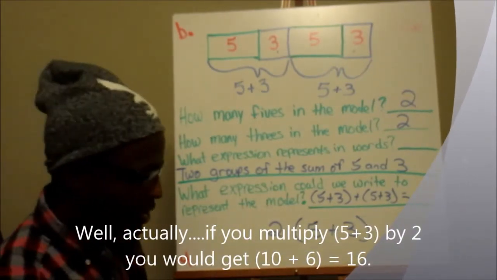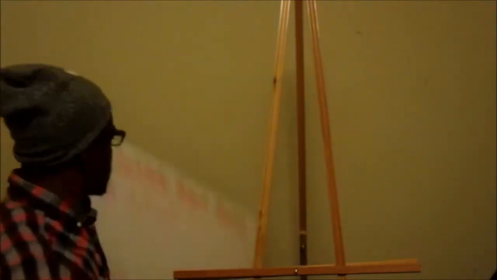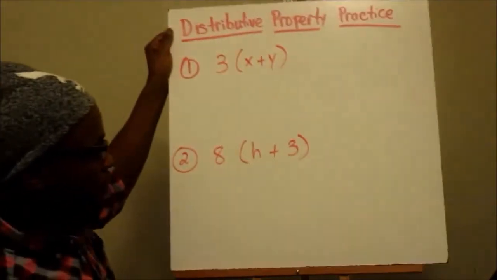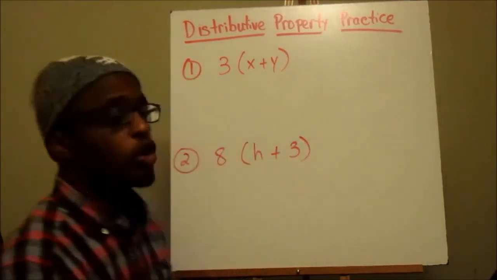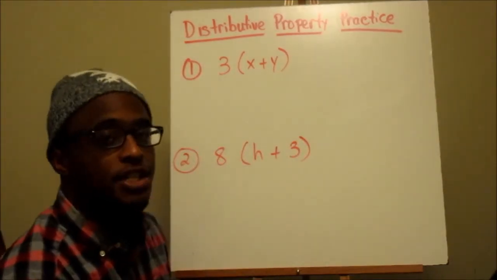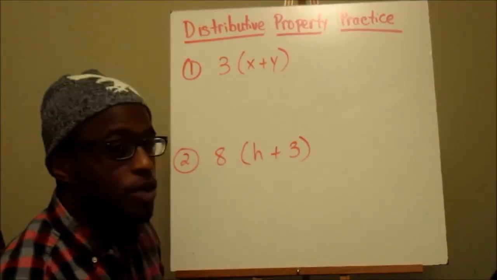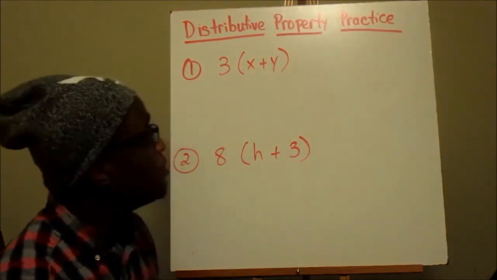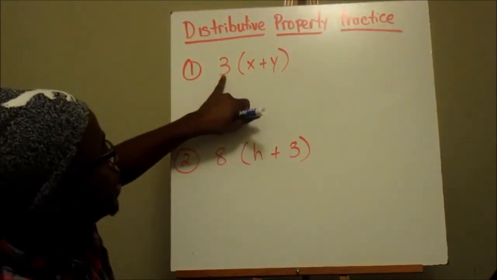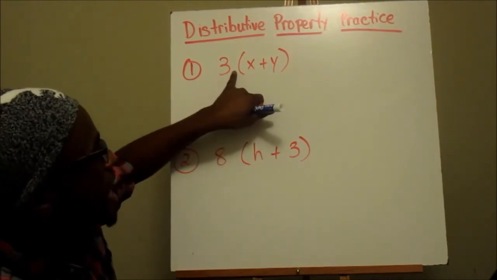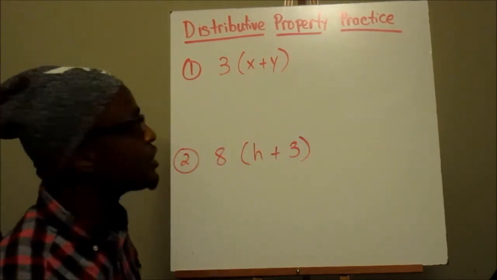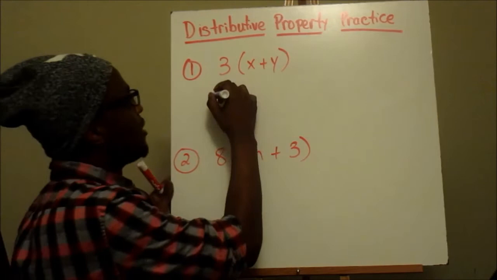Alright, let's look at the last thing on our homework sheet, and that is going to be the distributive property. In your homework, the first thing it asks us to do is to draw a model. So if we think back to what we just did with example B, we have 3, and remember, if I don't have an operation symbol, that means times, x plus y. So if I was to draw a model to represent that, I could have